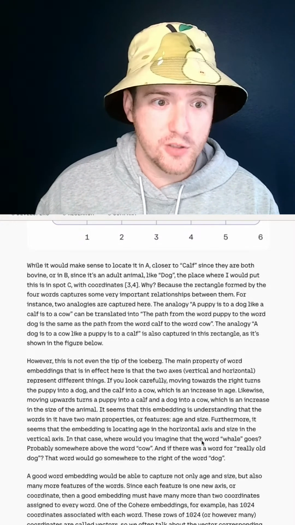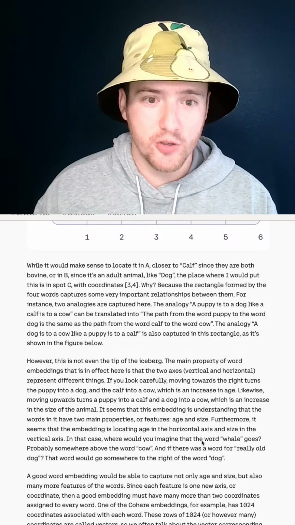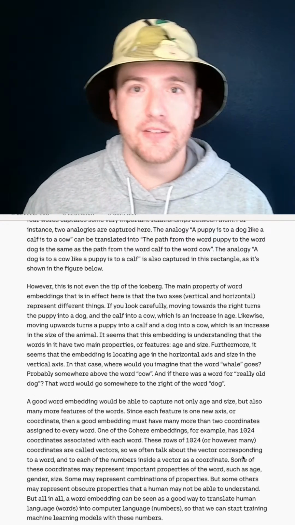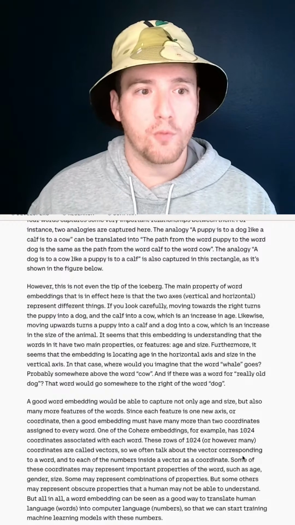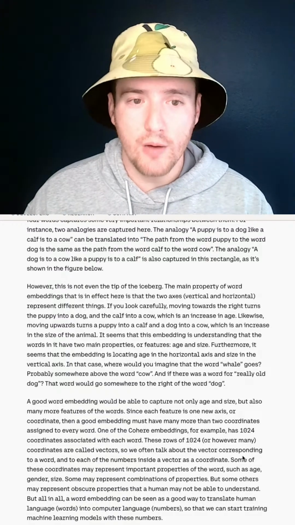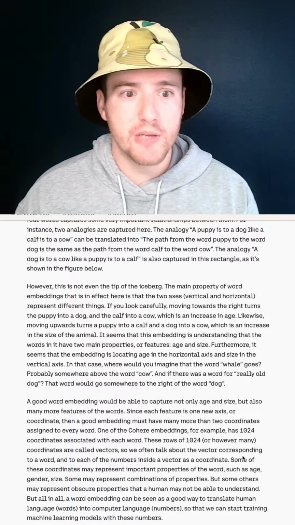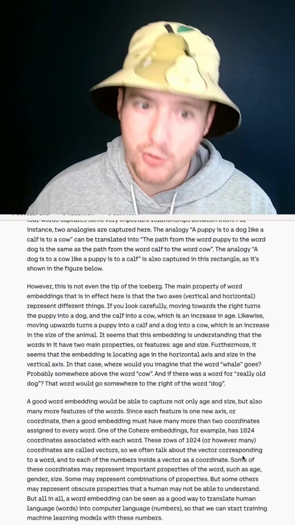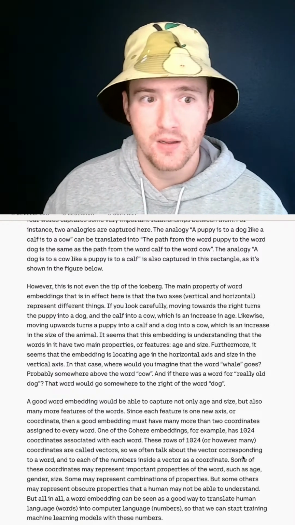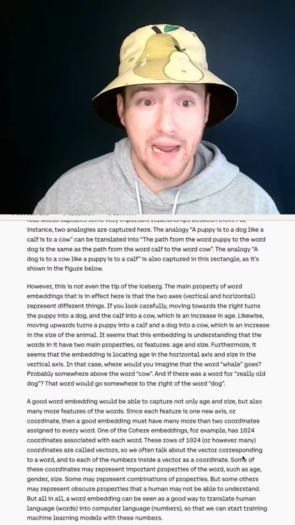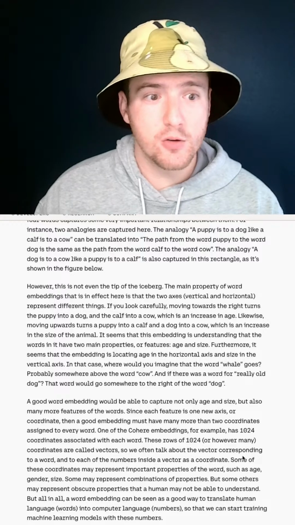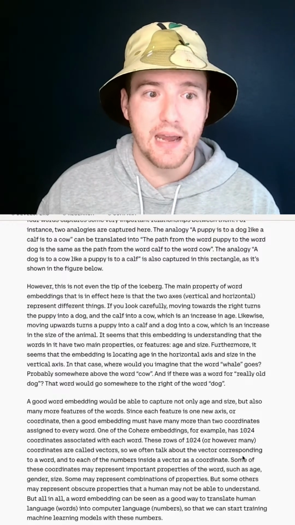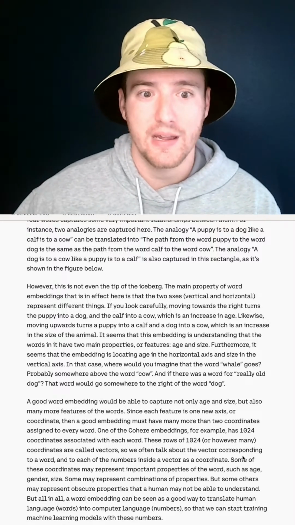The analogy a dog is to a cow like a puppy is to a calf is also captured in this rectangle as it's shown in the figure below. However, this is not the tip of the iceberg. The main property of word embeddings that is in effect here is that 2 axes, vertical and horizontal, represent different things. If you look carefully, moving towards the right turns the puppy into a dog and the calf into a cow, which is an increase in age. Likewise, moving upwards turns a puppy into a calf and a dog into a cow, which is an increase in the size of the animal. It seems that this embedding is understanding that the words in it have 2 main properties or features, age and